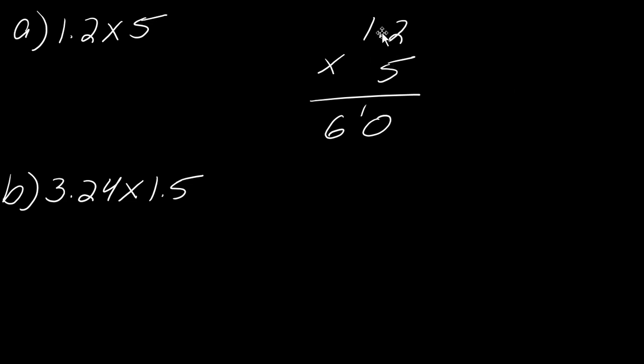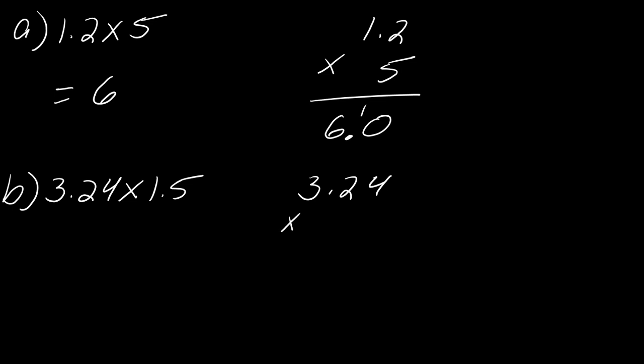But ignore the decimal, and then after you've multiplied everything together, count how many decimal spots there are. So there's 1 decimal spot. So pretend there's an invisible decimal here, and then move it up 1. So this will just be 6.0, and so this just equals 6. Okay, so let's do that again for